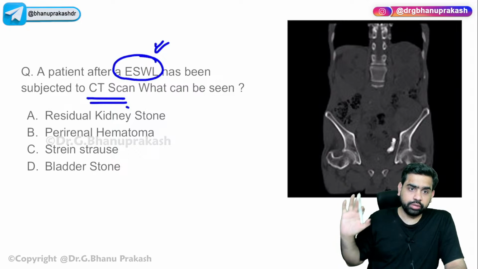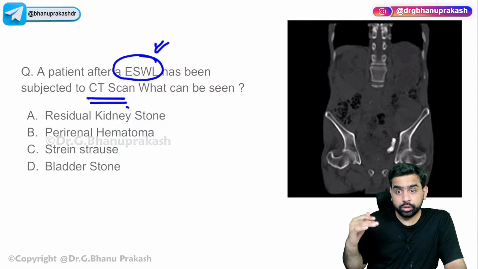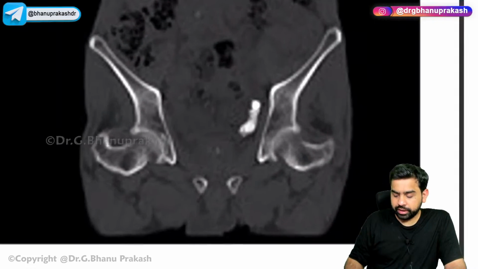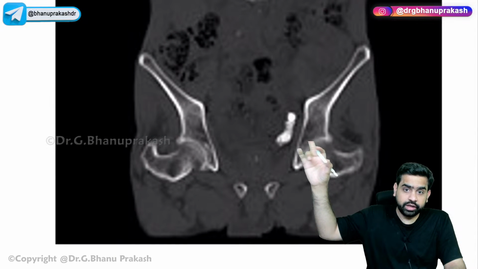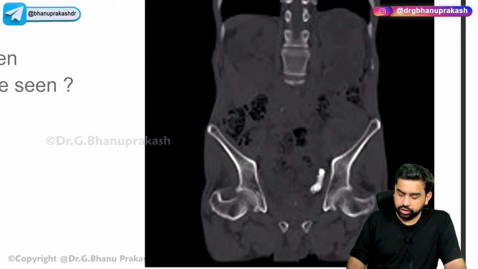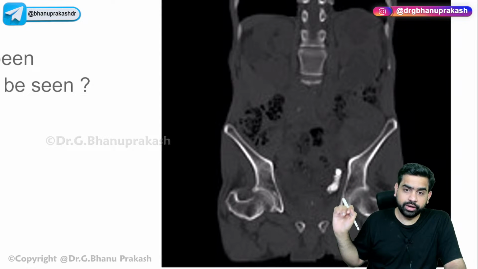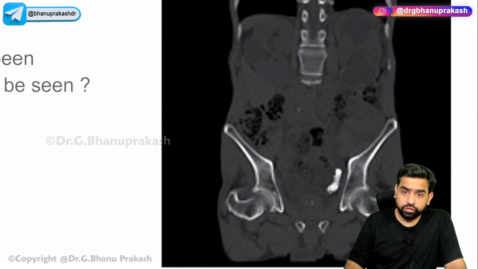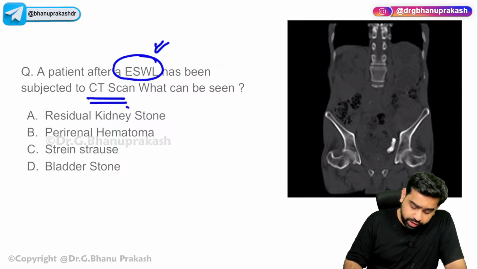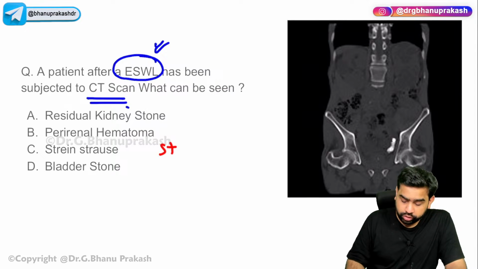Coming back to this question, what you need to understand is that ESWL was performed, and after performing the ESWL, you performed a CT scan in this patient and you found this. So what are you seeing? Are you able to appreciate that there is some abnormality over here? What is this abnormality? Have you ever heard of Steinstrasse? What is this? This is a complication of the ESWL, which is called